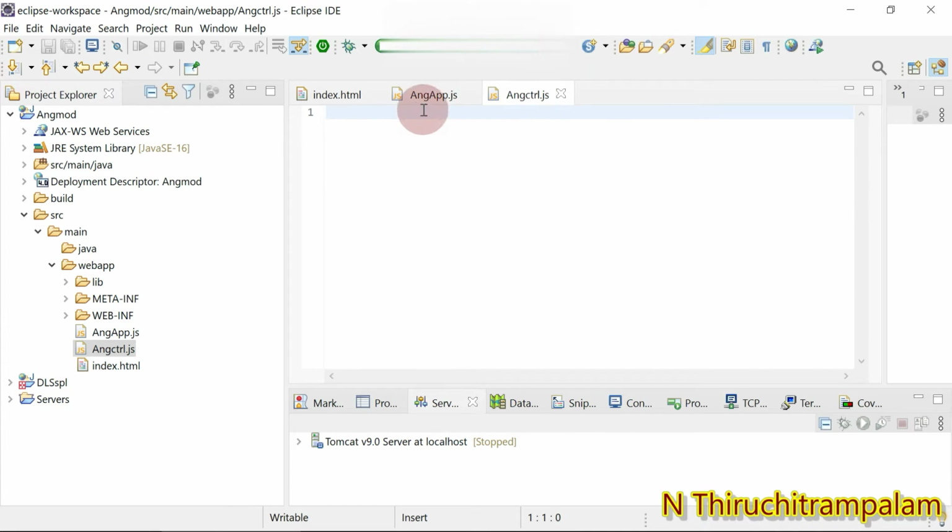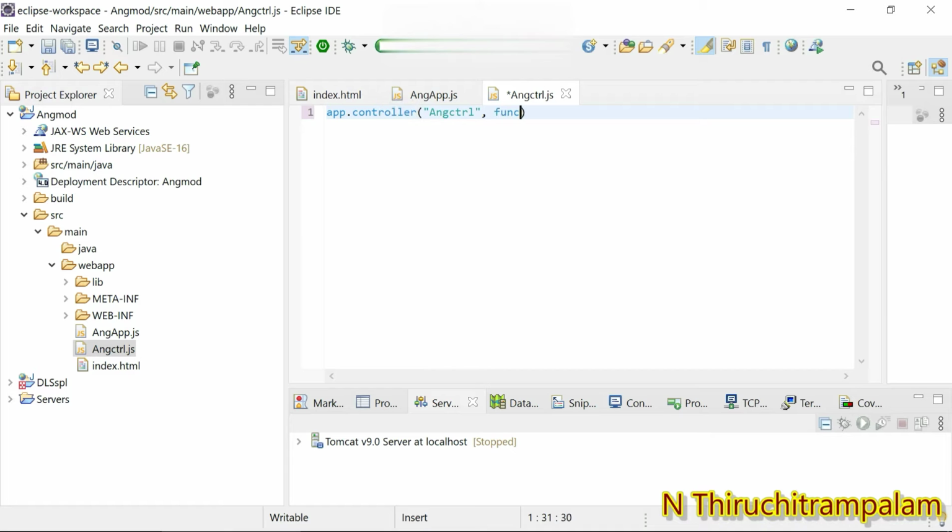So I'm going to use this app. So app dot, there is a function controller. I'm going to use the keyword controller. Okay, and within the parenthesis I'm going to give the controller name. So that is ang ctrl.